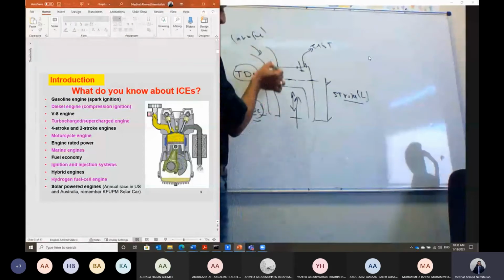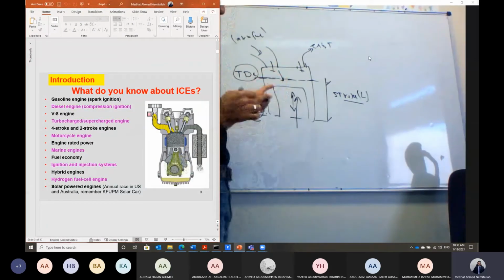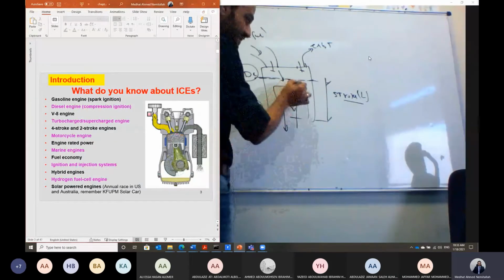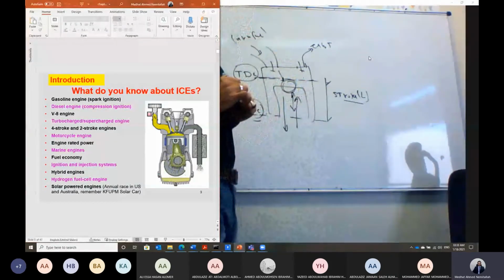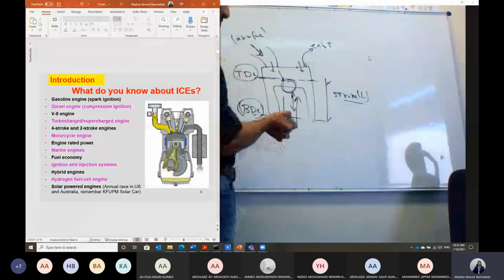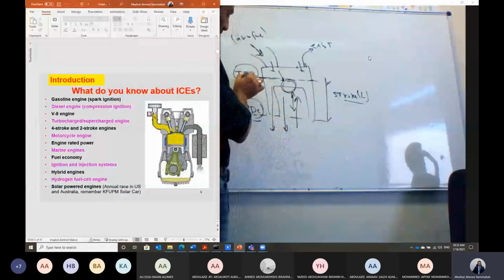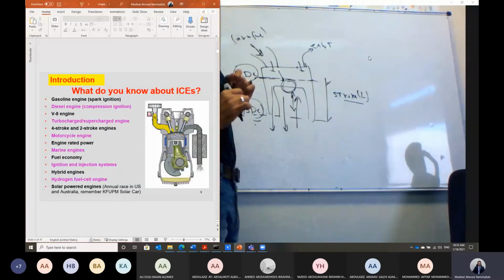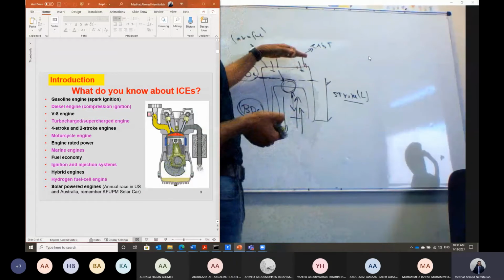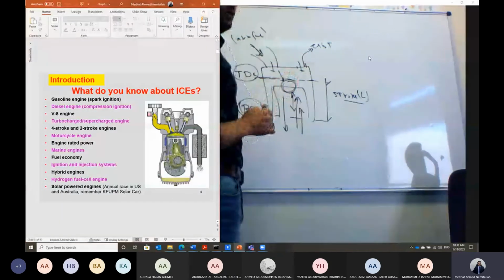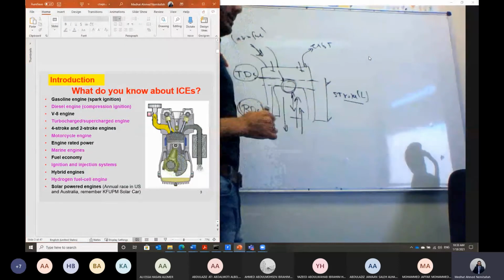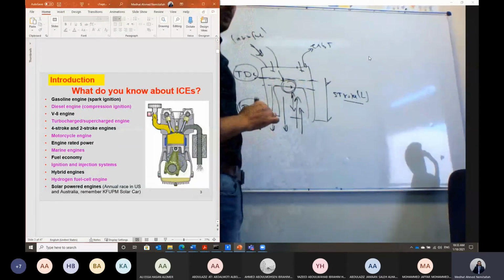So first of all, when the air is introduced within the cylinder, while this piston is moving down, it creates low pressure inside this cylinder. So it will be able to suck the air inside the cylinder. So the piston will be moving down from the top dead center to the bottom dead center. And then after sucking the air plus fuel, the piston will go back and it will be moving upward. It will be compressing this air plus fuel until it reaches very close to the top